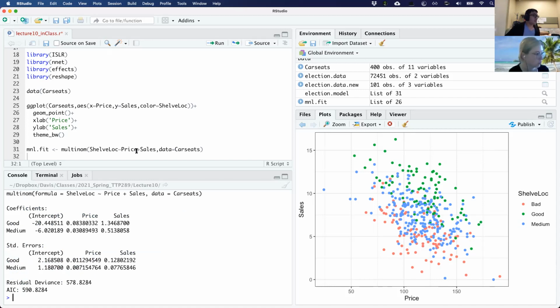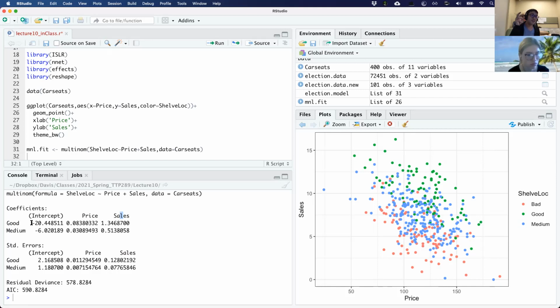Okay, so when I do the summary of the model, we can see a set of coefficients here, which is a little bit different, right? We have the intercept, the price, and sales. These are our betas. But like I was saying, you now have a set of betas for every outcome of Y, because it's telling you something about the log odds ratio of one particular outcome relative to the other ones, which you can also use to calculate the probabilities.